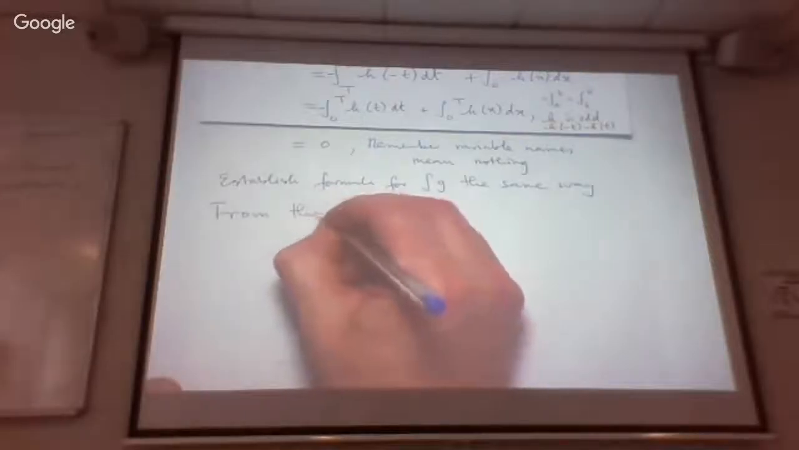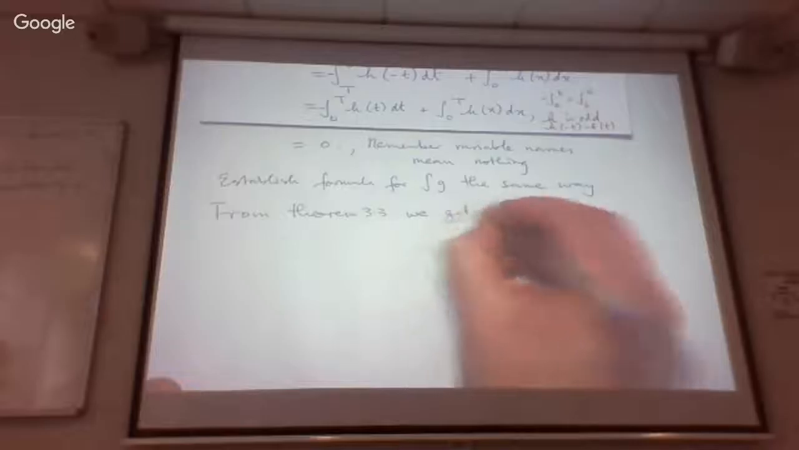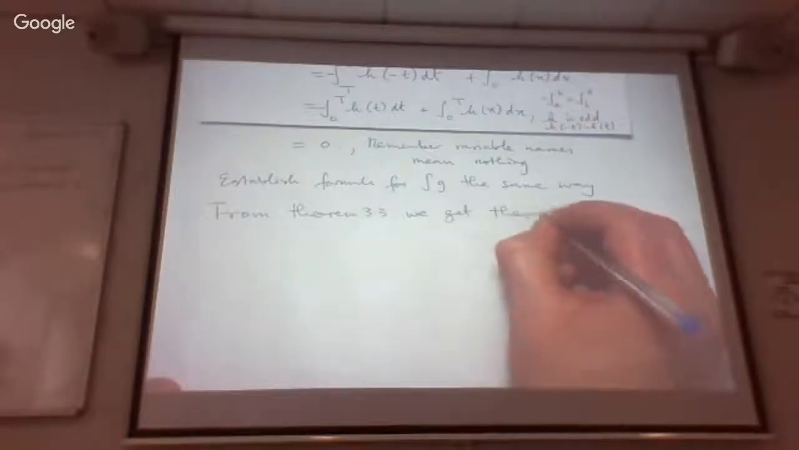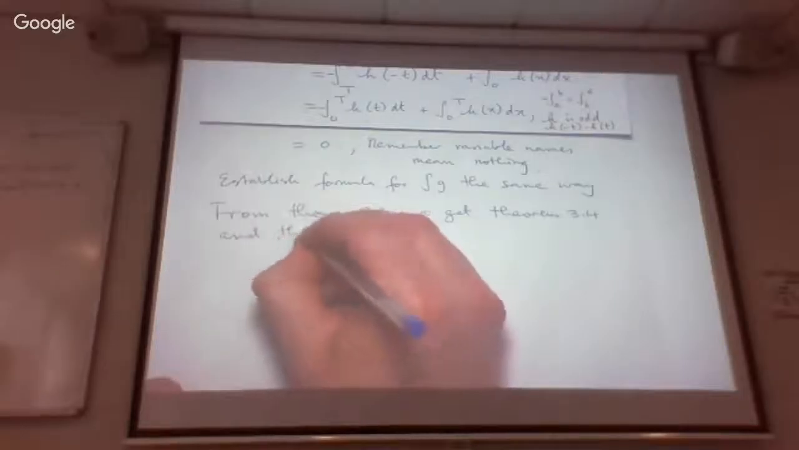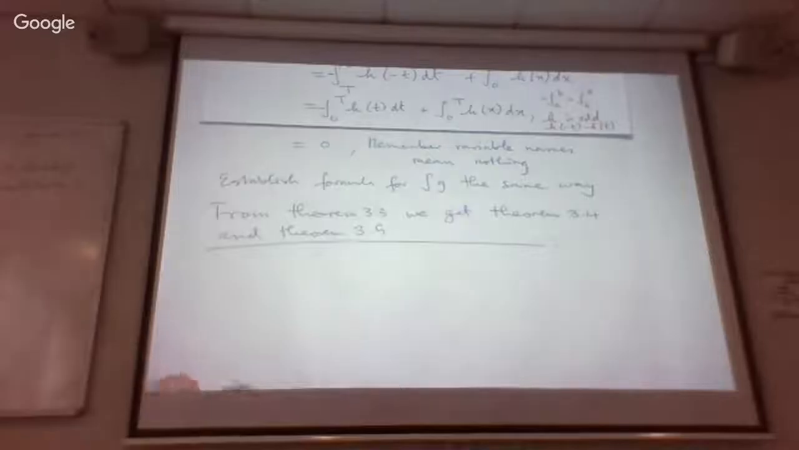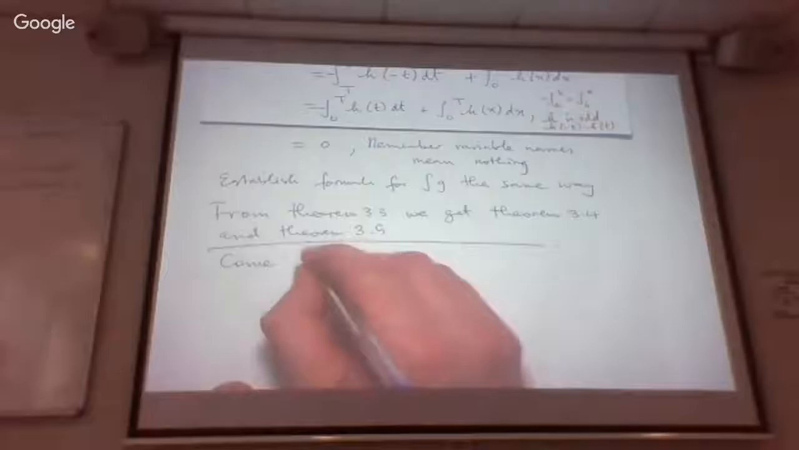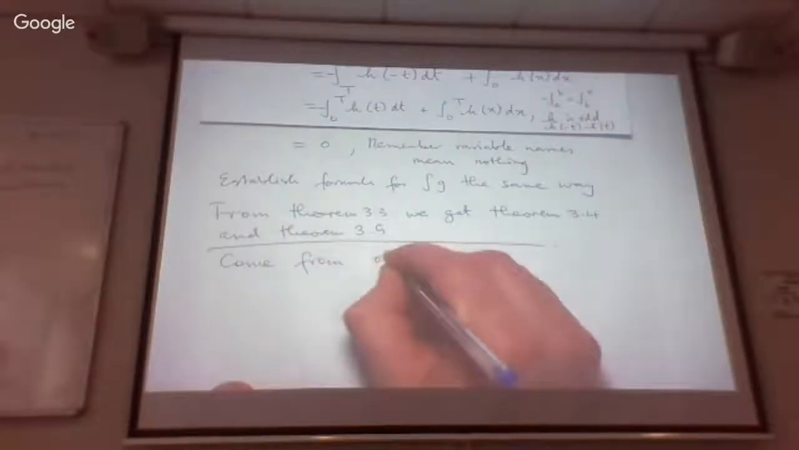So from theorem 3.3, we get theorem 3.4 and theorem 3.5. Now these don't require any more proof apart from the observation. So these just come from observing